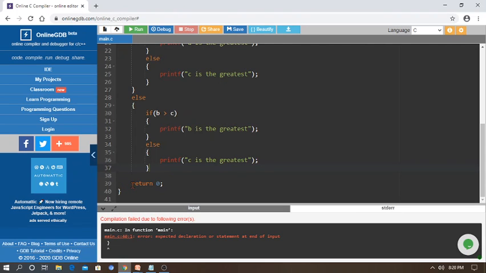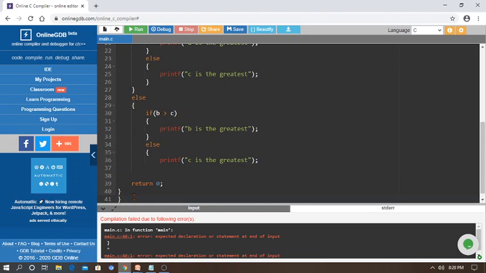I had to remove this. I think I kept some close brace here, I had to give one more. Check it.